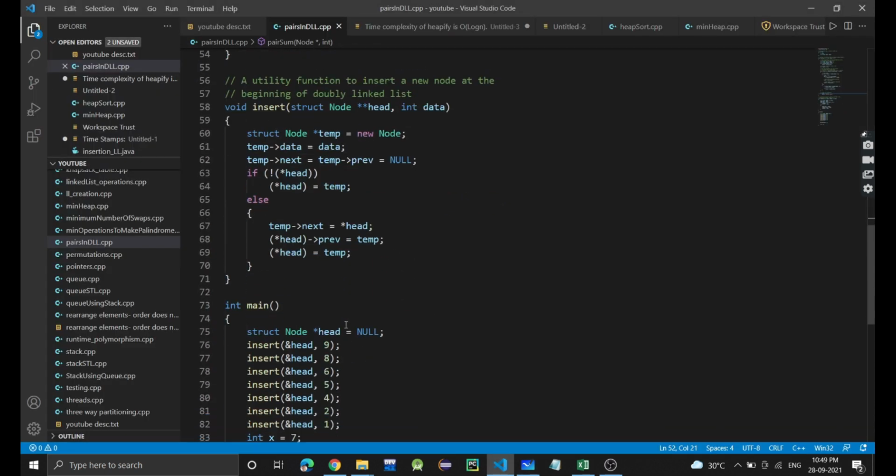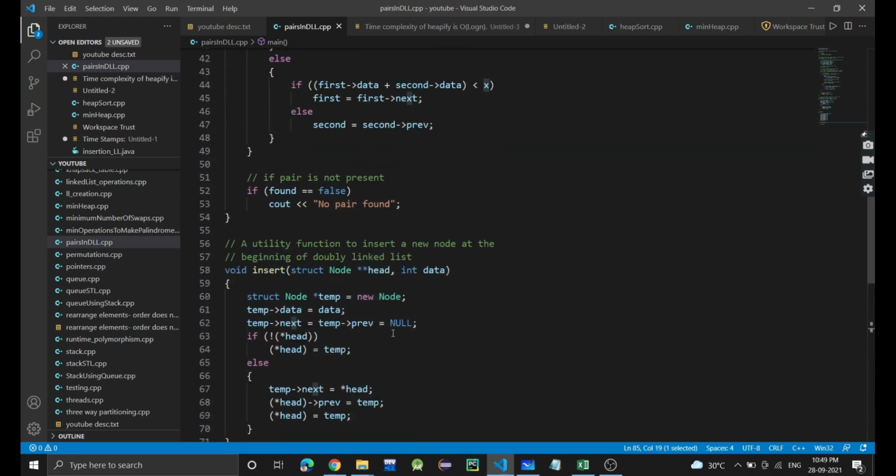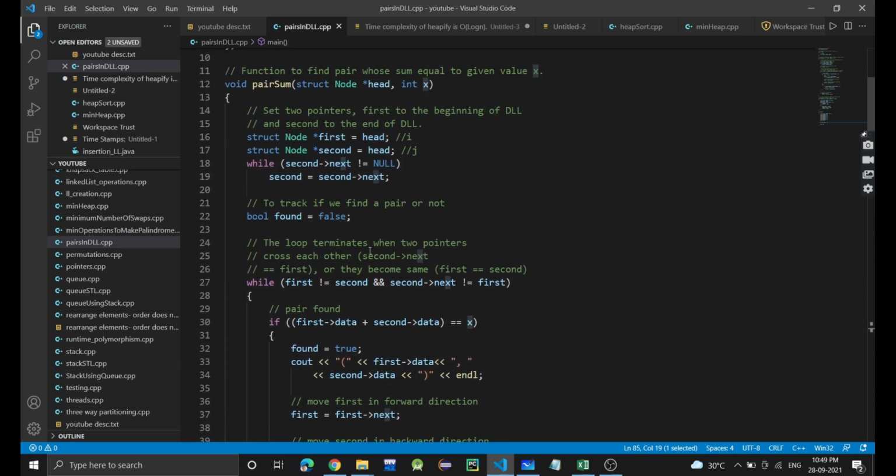So the code is very simple. We are making a linked list first, and x is given. So in the pair sum function, we are passing the head of the linked list and the x value. In the pair sum function, we are taking two pointers, first and second, initializing both with head.